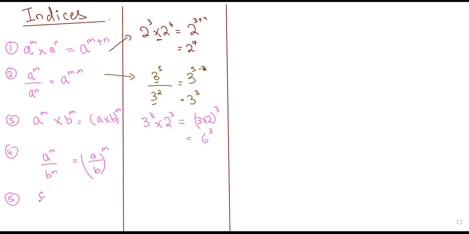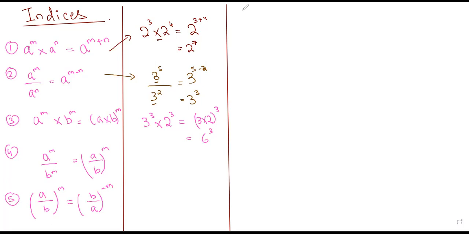Let's say you have been told that a by b whole has a power m. This is equal to b by a whole power minus m. Okay, is this okay? Did you understand this? Yes. Okay,